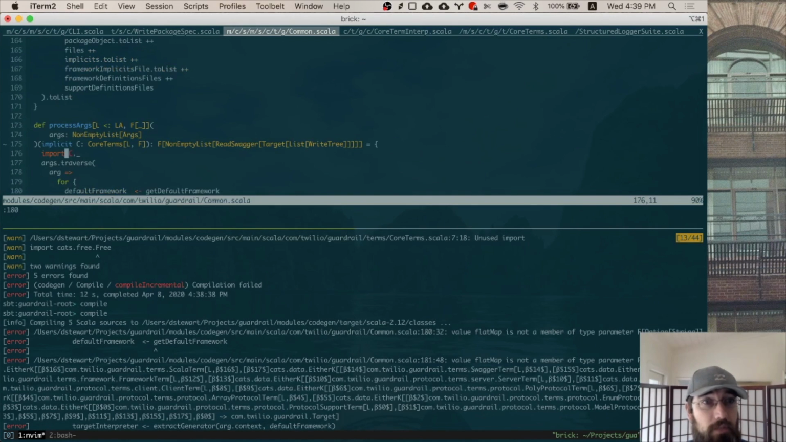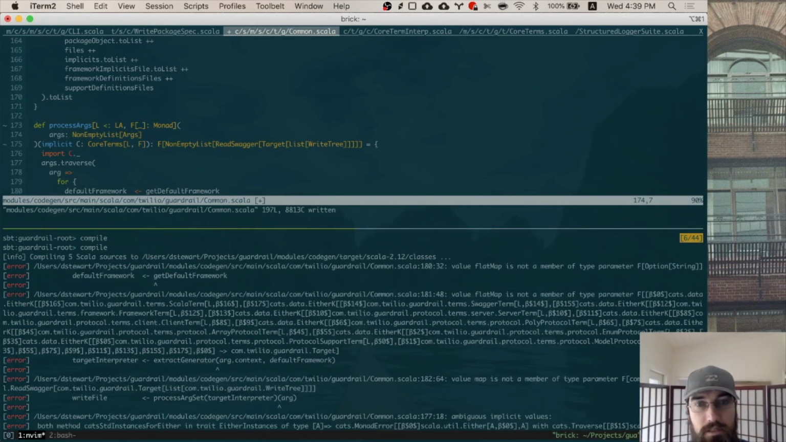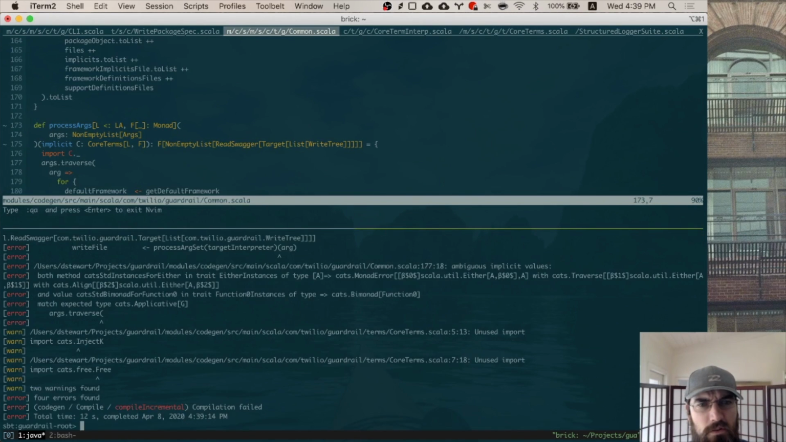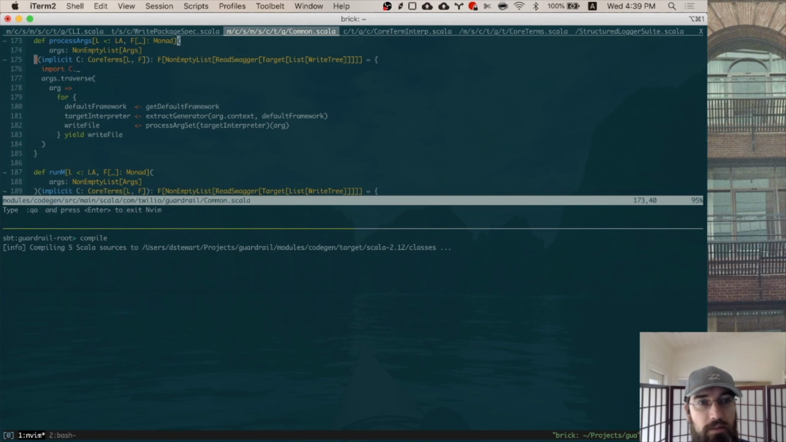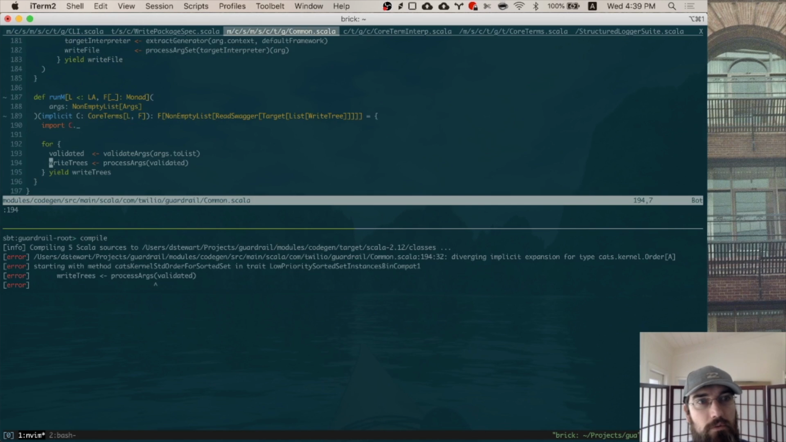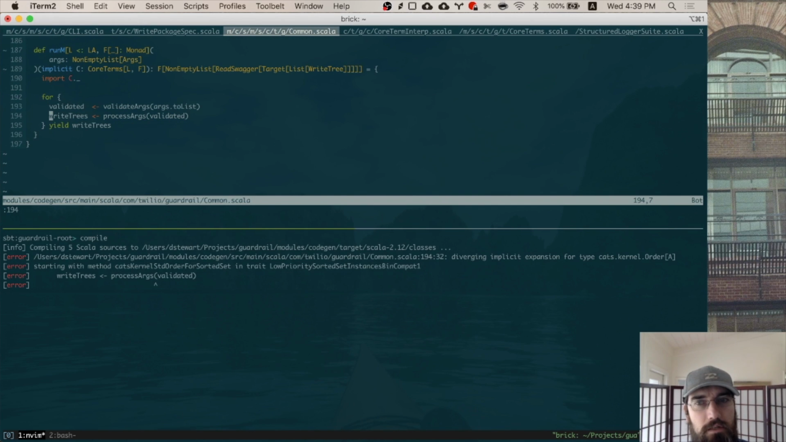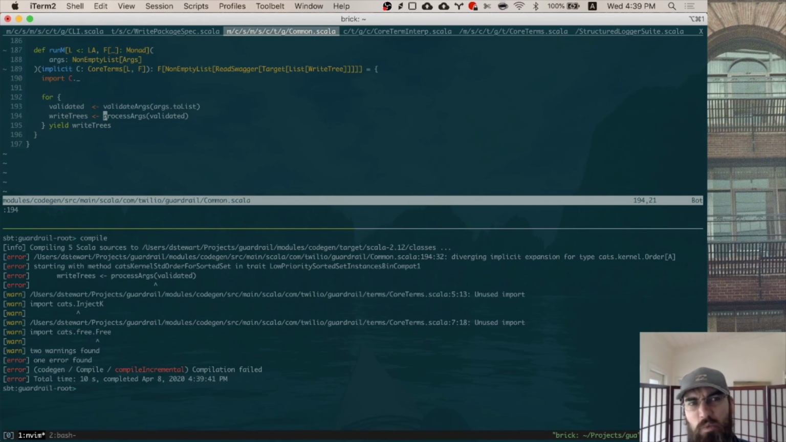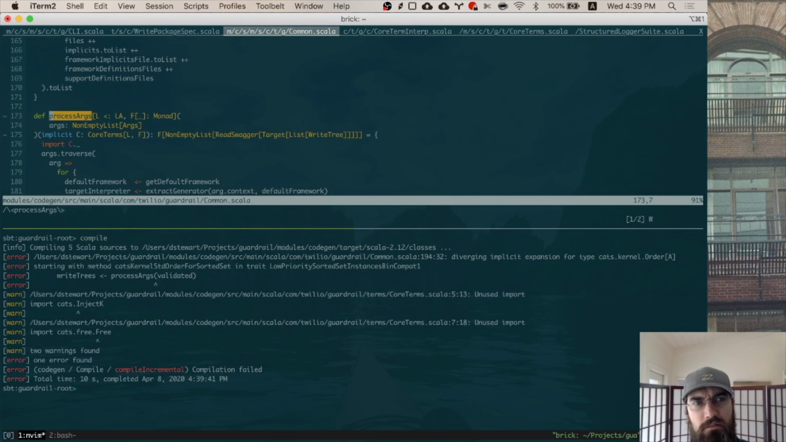180, sure enough, yeah, so this is gonna suck everywhere. But just to get it compiling, let's do this. 181, no, I don't care. Ooh. It's really not gonna like places where I use traversable or fold. 194, diverging implicit expansion for order A, Y, LAF, args, F, non-empty,